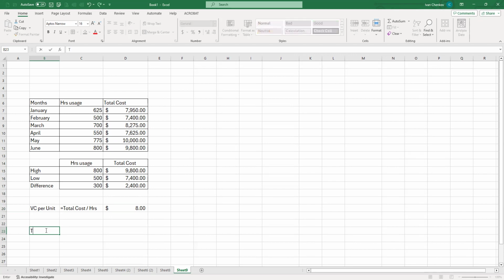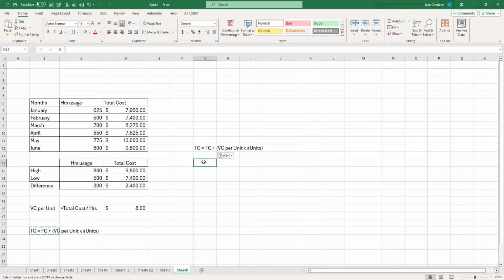Why? Because I know the total cost is equal to the fixed cost plus, in brackets, variable cost per unit times number of units. So now I can use either the high level or the low level. Let's pretend I'm using the high level to calculate the fixed cost. If I use the high level,